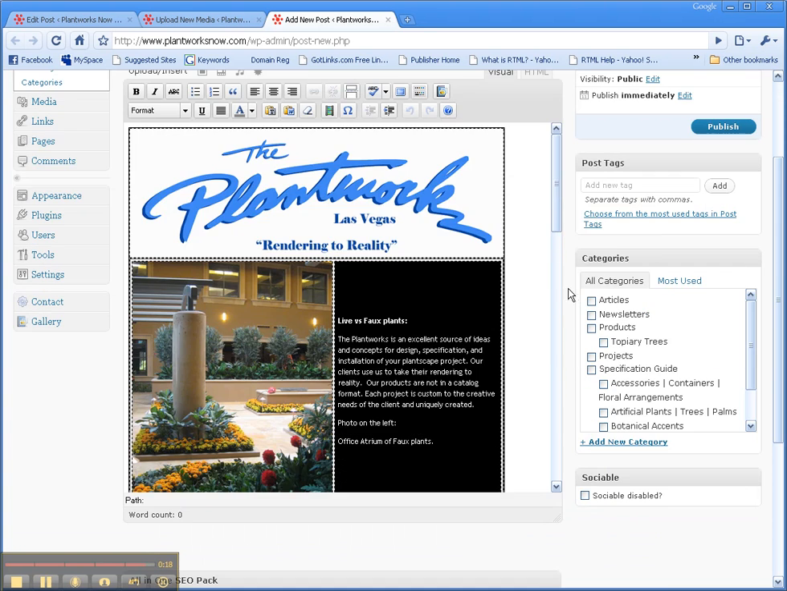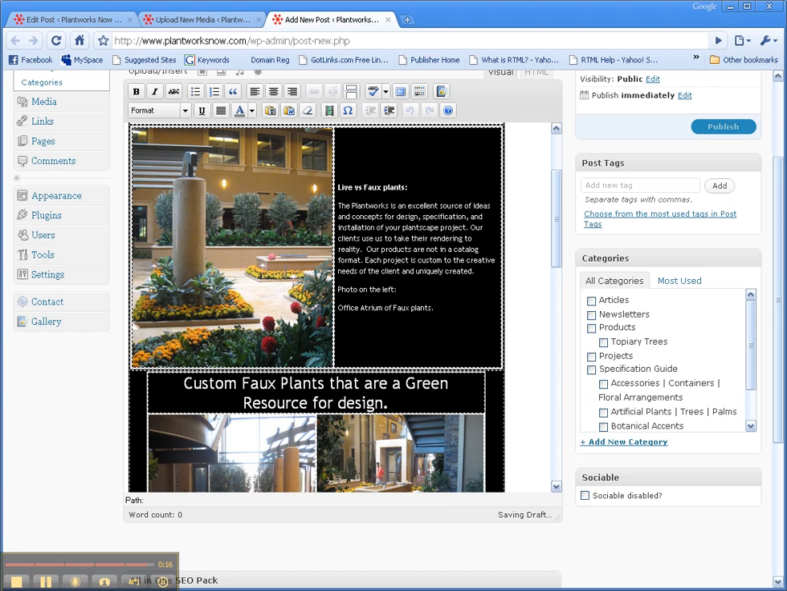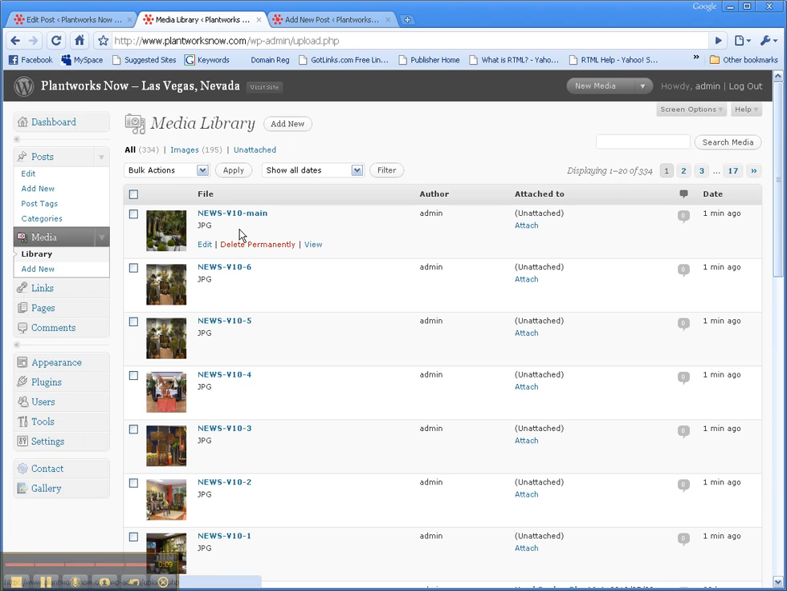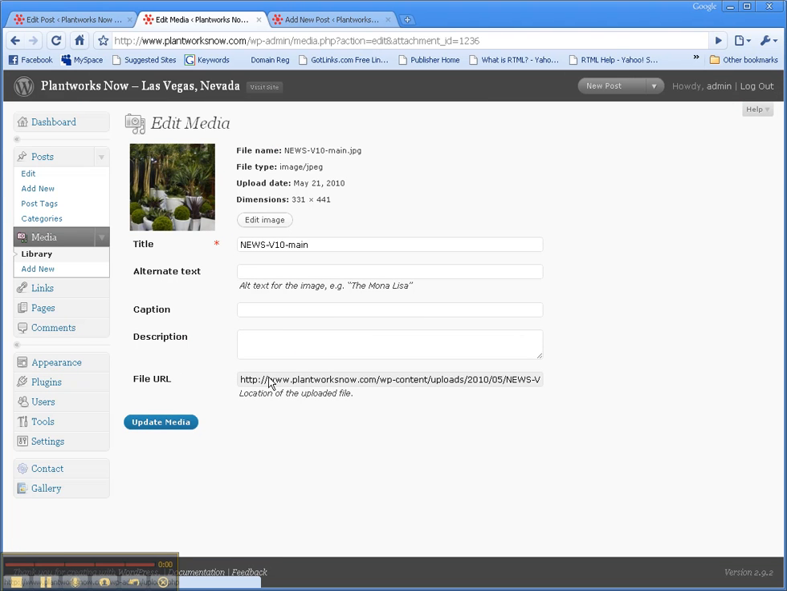Now what we want to do is change some of these images right here. So we can go back to this tab, and we can go to Media Library, and here are the images we just uploaded. 1, 2, 3, 4, 5, 6, and main. If you click on this one, you will get what's called the file